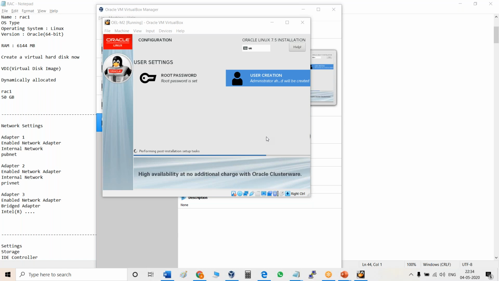But if you are going for RAC, you require two machines, and for every machine you can give 5 GB, and the base machine 2 GB. So that's how you can decide. So 12 GB will do that. If you require three machines, then it is very tough for RAC installation.